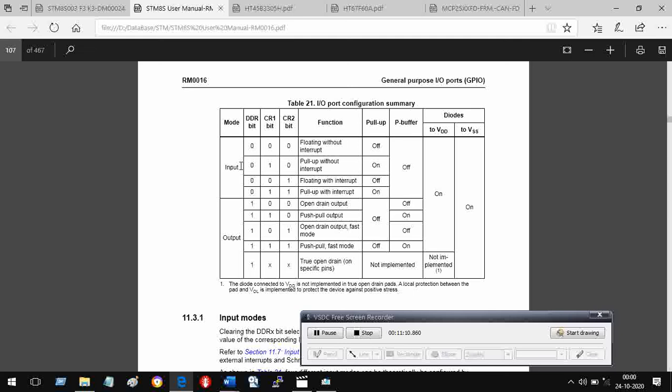So if the port is input, it can have one of these four possibilities. If you give 0, 0, 0, then you have floating input without interrupt. 0, 1, 0, like this. So you have to refer to this table whenever you decide to define the input output mode of any port pin.